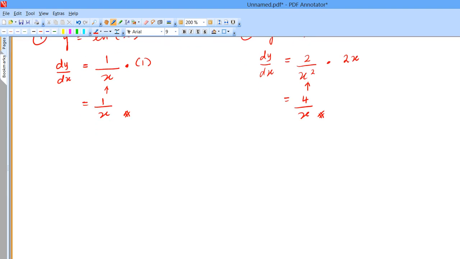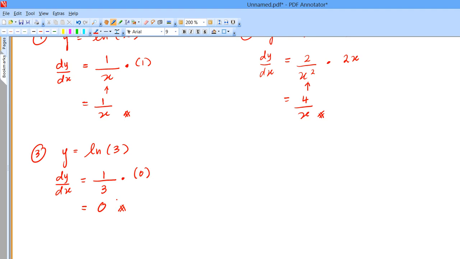Okay, next example number 3, y equal to ln 3. So we have coefficient equal to 1 and function equal to 3. So based on the technique, differentiate left hand side equal to dy over dx, and then right hand side coefficient 1 over function equal to 3 times differentiate 3. 3 is a constant, differentiate 3 equal to 0, so we get 0 over 3 equal to 0.